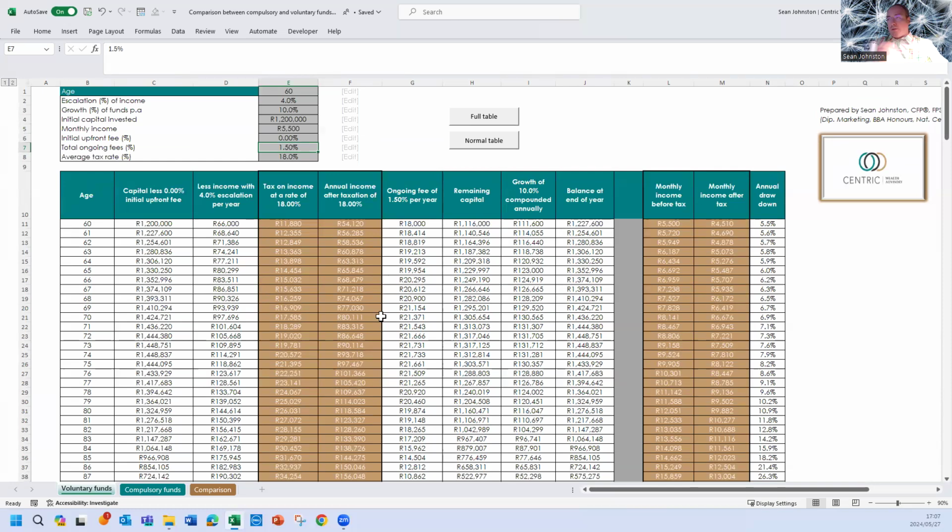Now, we are going to go into a retirement planning template, which I've created, which also has the different funds in there, but it's a bit more comprehensive. This is really just showing you from an illustration point. You're going to do a lot more practical calculations with an actual client that has retirement goals, and we can start pulling money through, and then we can decide how to allocate those funds accordingly. So this is just an entry into the different allocation of funds, how to learn more about that. You can expand the table if you want to.